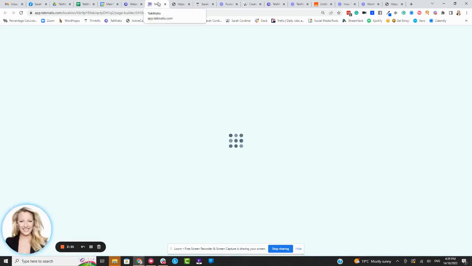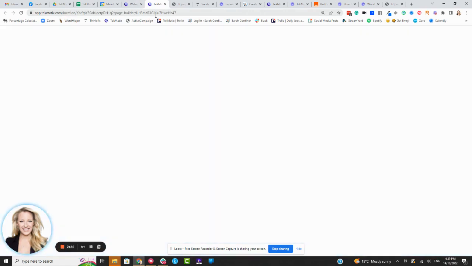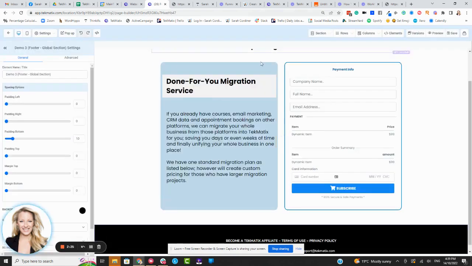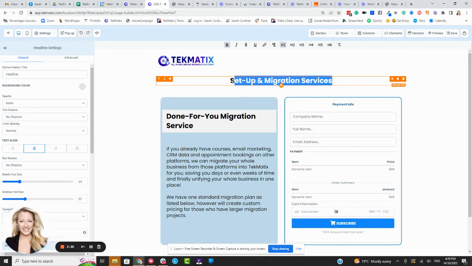I always like to open mine in a separate tab just so that I can flick back and forth to the main dashboard if I need to. So once we get our page builder open, we can start adding that button. So here I've got my very basic setup and migration services. I'm going to call this get a